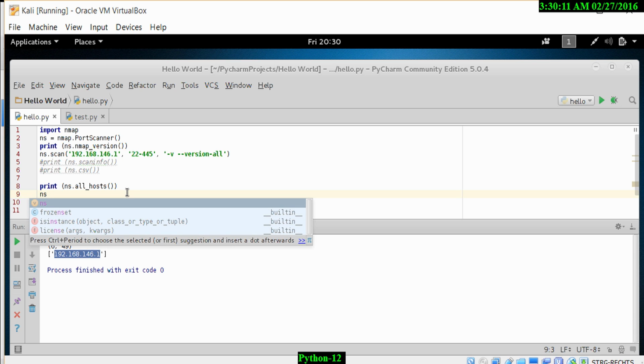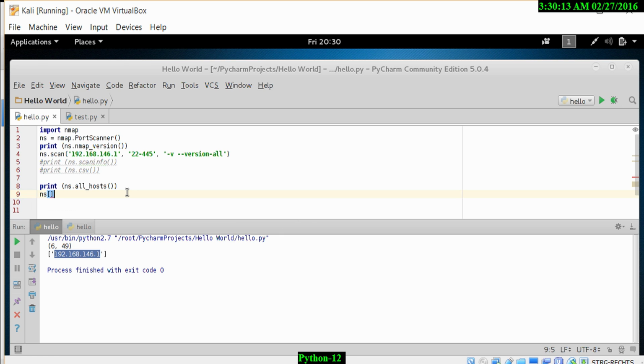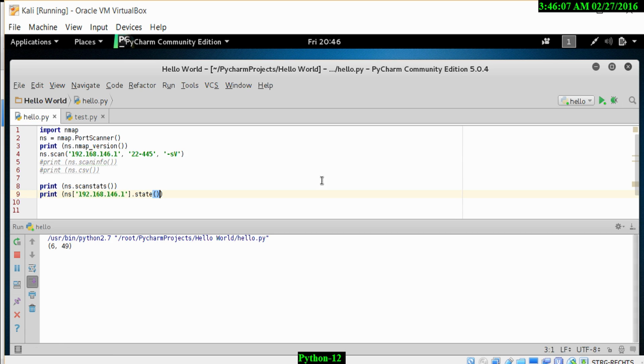And this time we'll look up NS, and what we want to probably look at here is the IP address 192.168.146.1, and we will look at the state of this server. We want to find out if the IP address is up or down. So I use the extension state,